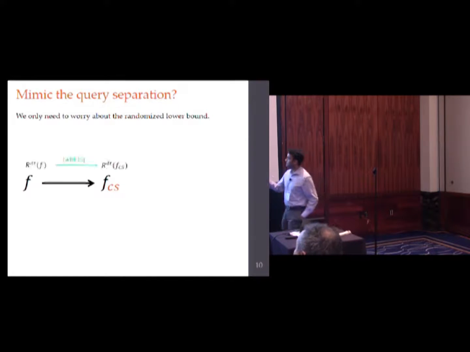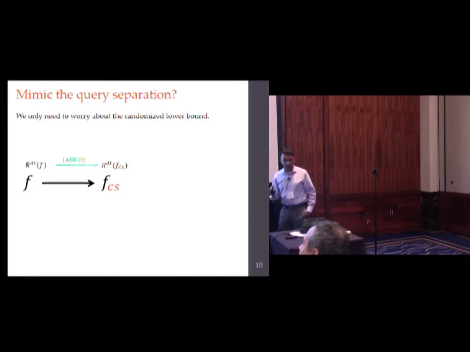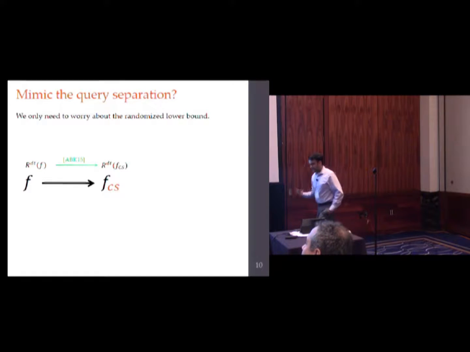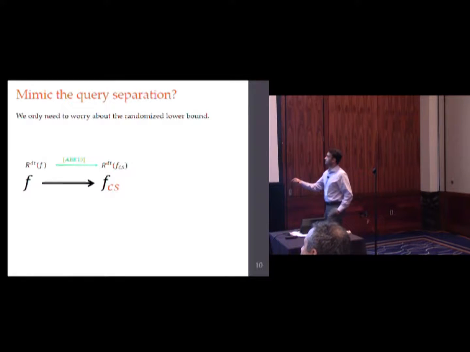Okay, that's great, and this was proved, as I said, in this work from earlier this year, or last year, I guess, and which shows that the query complexity of this cheat sheet function is lower bounded by the query complexity of your starting function. All right, that's great. The strategy that I proposed on the previous slide, the one that doesn't work, just lifting,